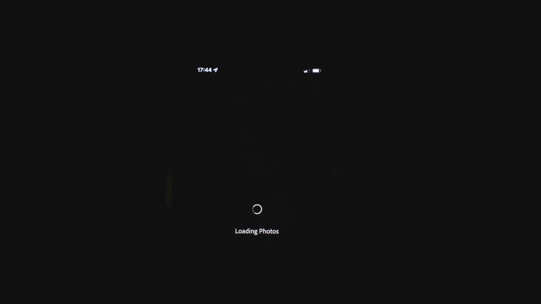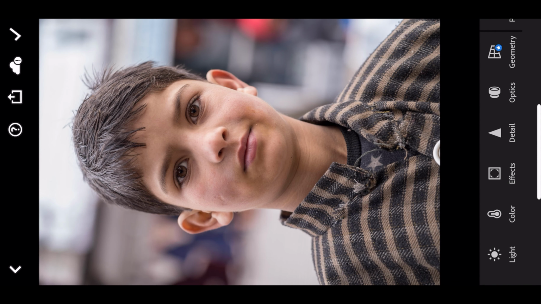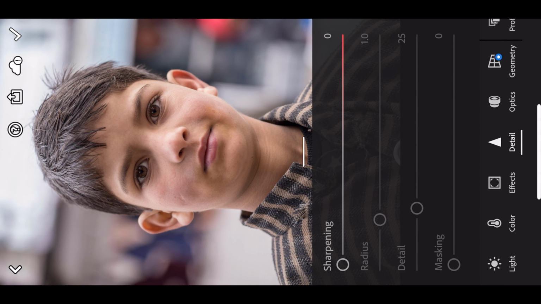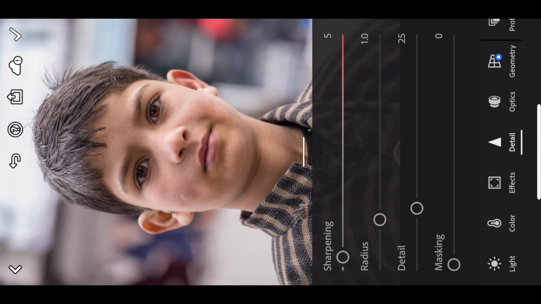I'll first show you how you can do this sharpening in the right way using your mobile phone. Here we have the portrait which I shot in Kashmir. Let's scroll down to the menu and look for details. When you open up Lightroom on your phone, you'll realize that the sharpening is at 0, the masking is at 0 as well, and the masking is inactive because sharpening is at 0. To activate the masking, for now just increase the sharpening a little bit, to around 5 is fine. So now comes the important part.